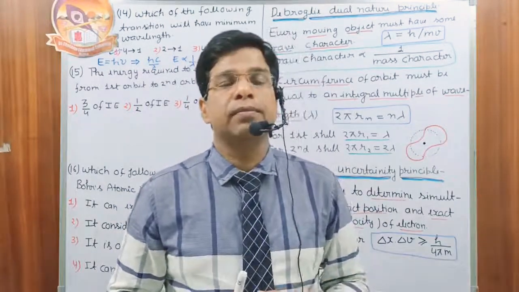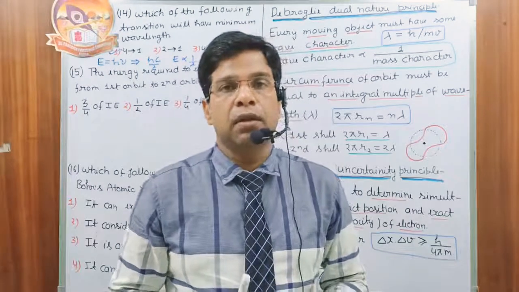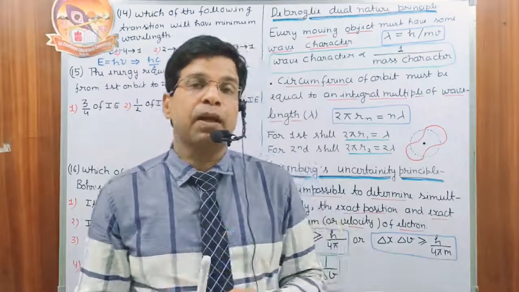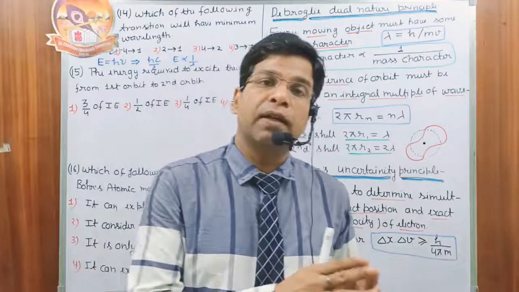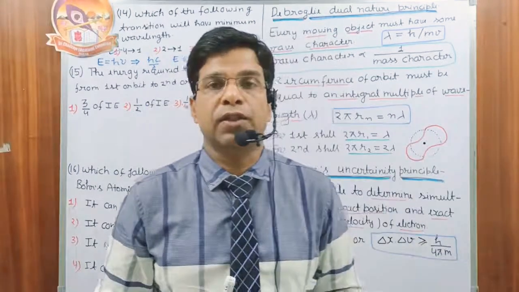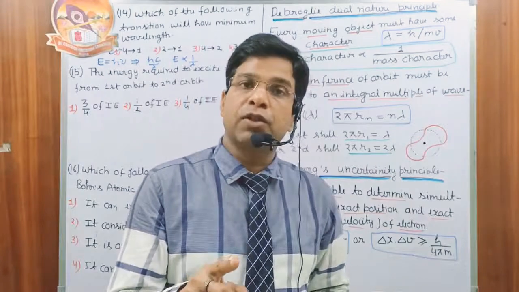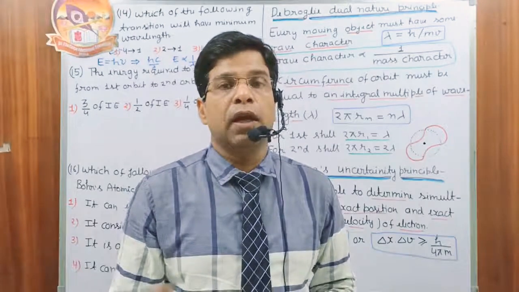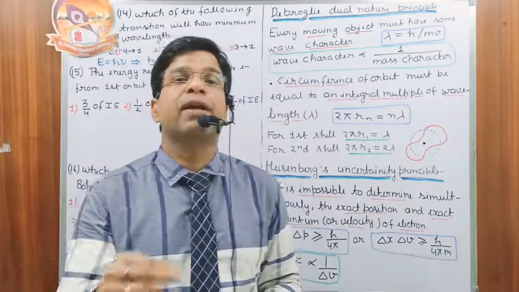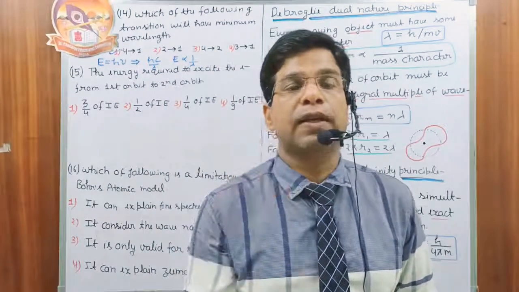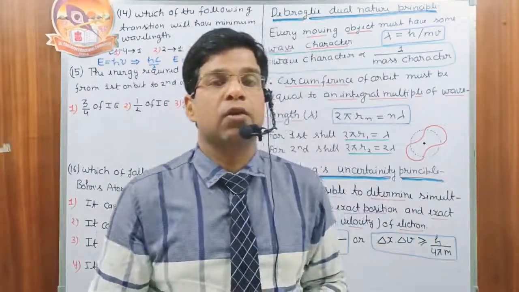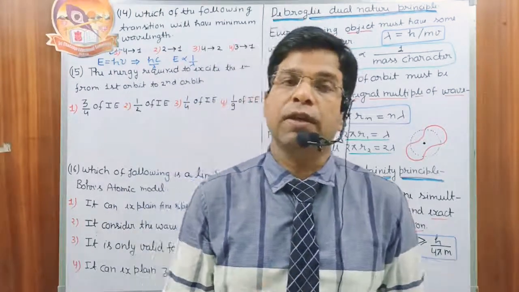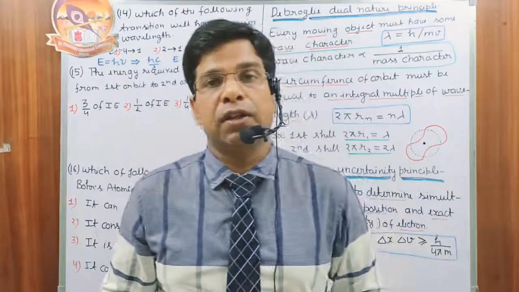In a hydrogen atom, in the first shell, the energy of the electron is minus 13.6 electron volt. If we supply exactly 13.6 electron volt energy, then the original energy of the electron, minus 13.6, absorbs plus 13.6, and at that time its energy becomes zero and it becomes free from the force of attraction of the nucleus. That is called the free electron, and this energy is called the ionization energy. Means 13.6 electron volt is the ionization energy of hydrogen.